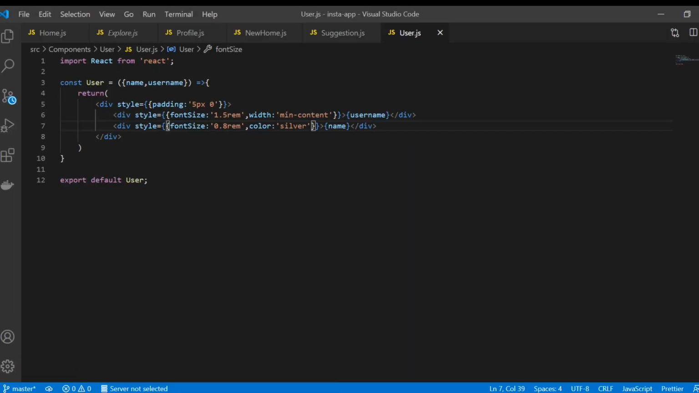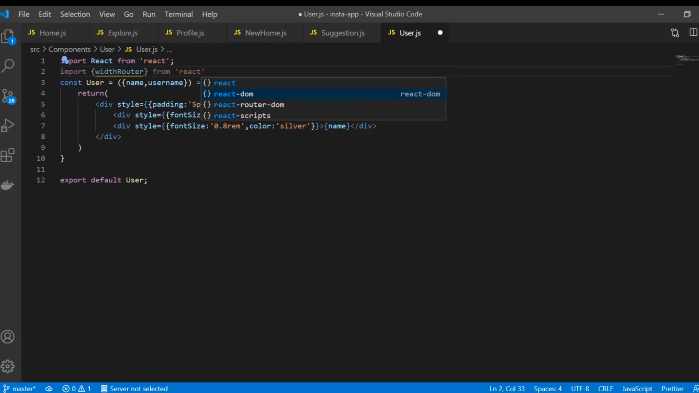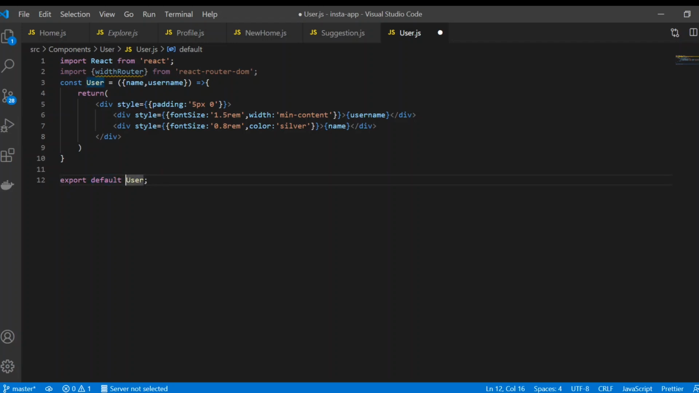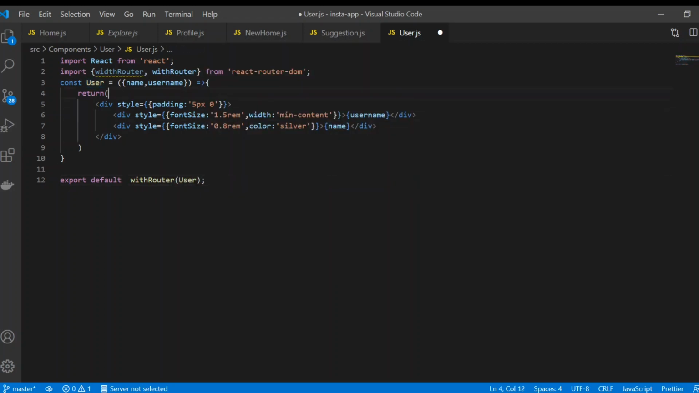In here, user.js, what we need is the withRouter component that's provided by the React Router DOM. Why we need it? Because this component doesn't have the routing props like history, location, and match. So that's why withRouter provides props like history, location, and params. Now in here, what we're gonna do,